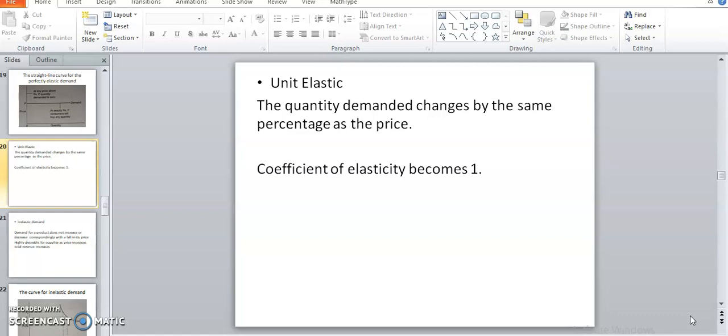Now another one is the unit elastic. Here the elasticity of demand, or coefficient of elasticity of demand, we can consider as 1. So any changes in price